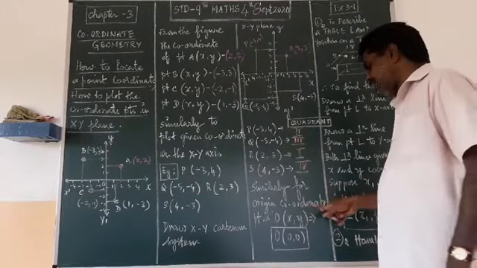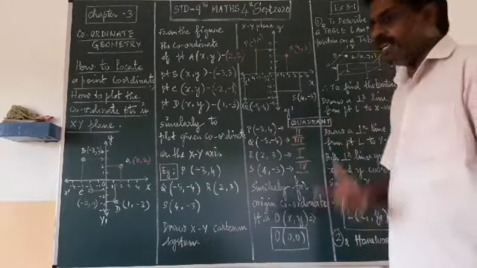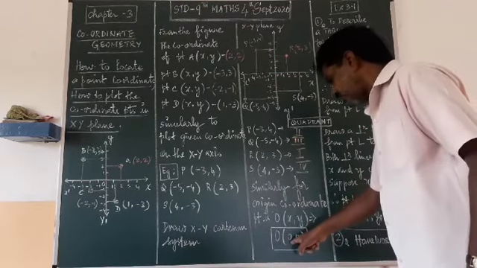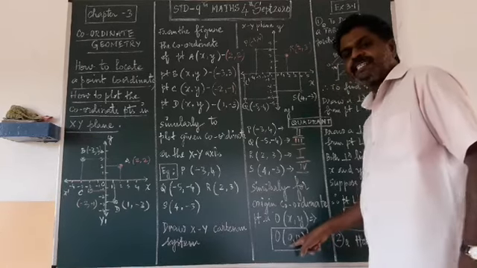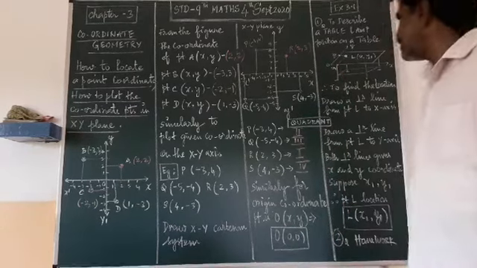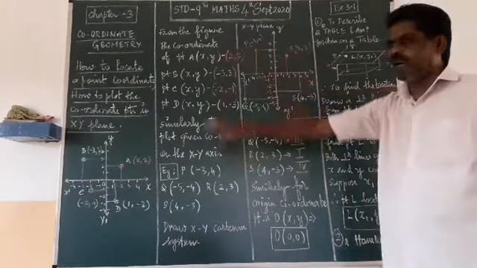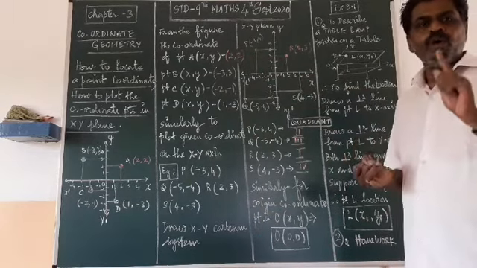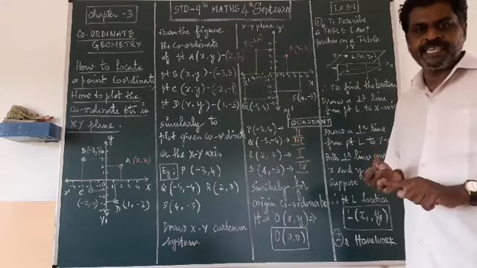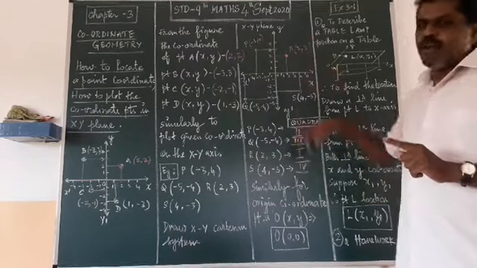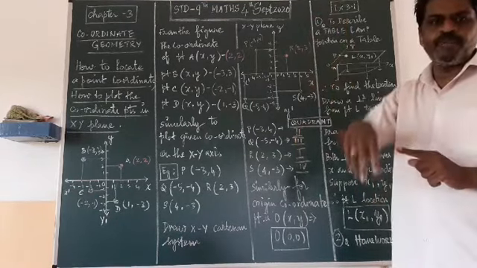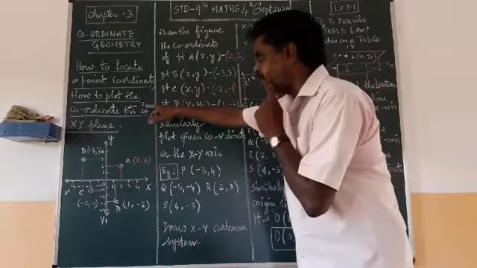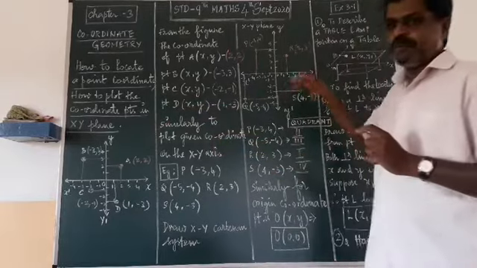Similarly for the origin, what is the coordinate for the origin? It is always that the origin is 0, 0. X and y are 0 coordinate point. Okay. So in coordinate geometry, what we have studied: who developed the coordinate geometry, what are the axes, x and y axis, which quadrant the points will be lying in, how many quadrants are there, all that we have seen, and how to locate the point and how to plot the point we have seen.